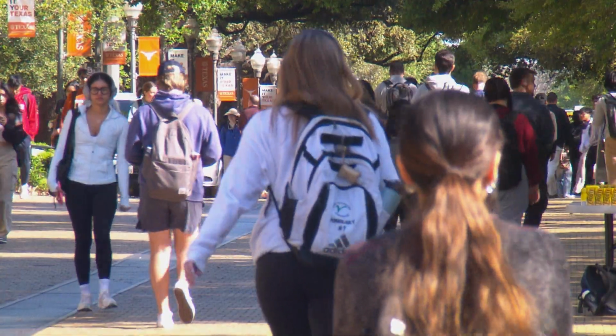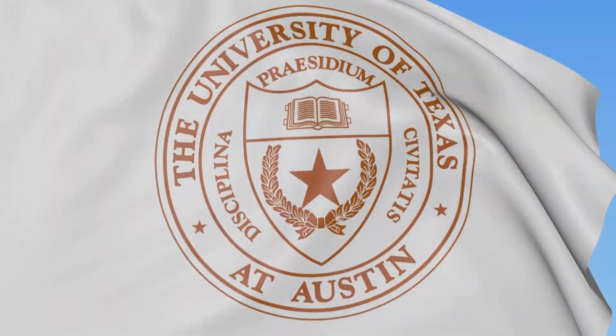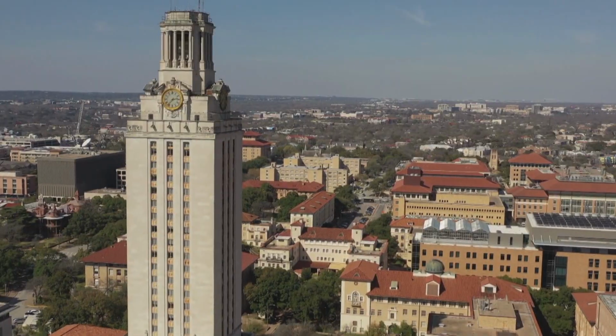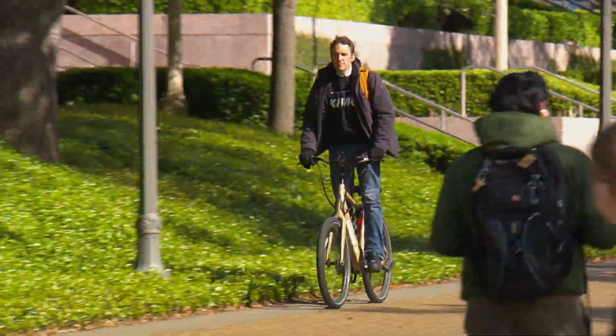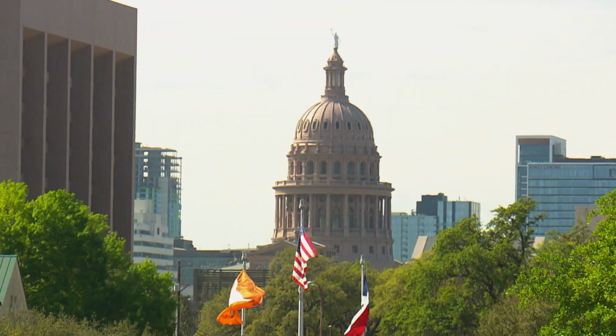Some 52,000 students attend the University of Texas at Austin. This urban campus includes an iconic stadium, a landmark clock tower, dorms, dining halls, and classrooms, and wherever you look, people on the move. As you can imagine, it takes a monumental effort to keep this city within a city